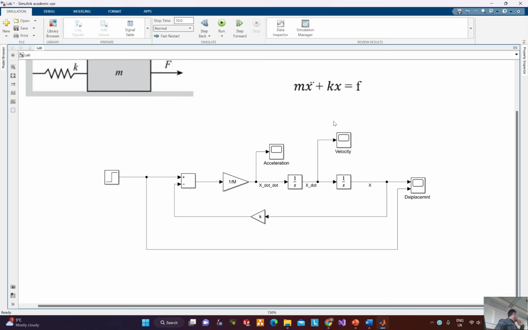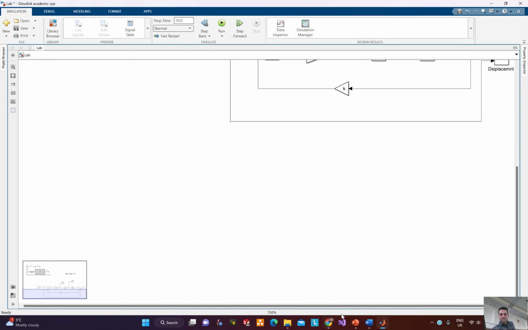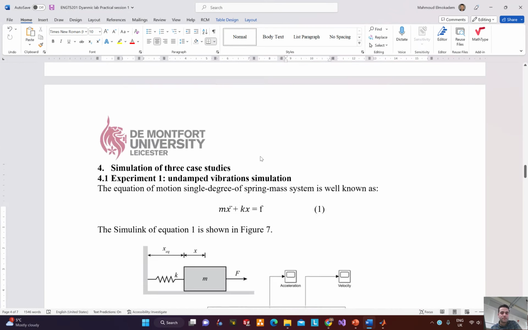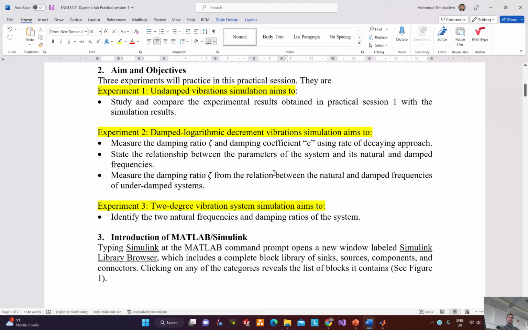Guys, we will go to the second part. We want to run that second experiment. Any comments, any problems in the first part? So we want to run the second experiment,